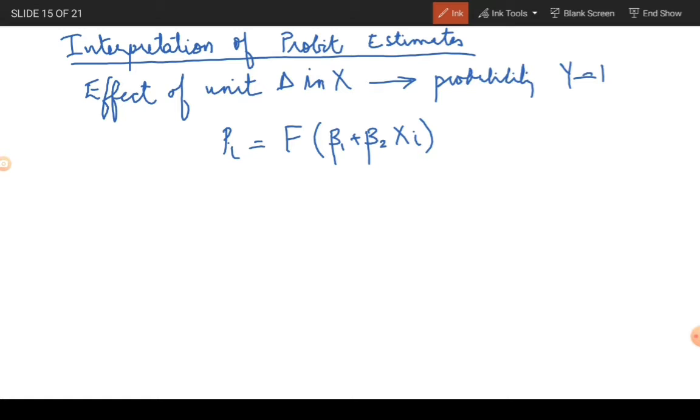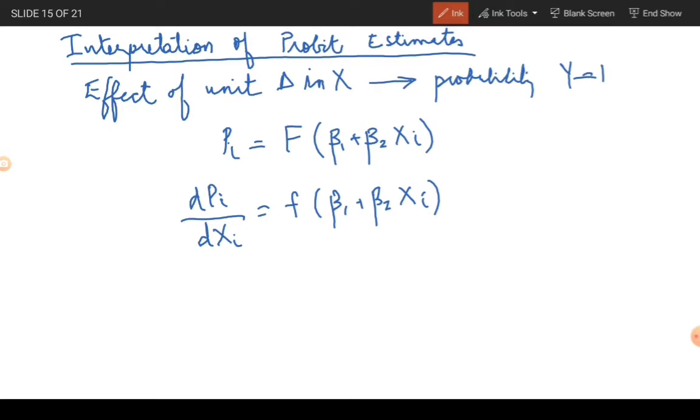Therefore, what we want to find out is how does my probability of owning a house change with a small change in the value of the income. So we want to know dPi by dxi, and that would be the differentiation of a cumulative distribution function, which will give me small f of beta 1 plus beta 2 xi, where small f denotes the